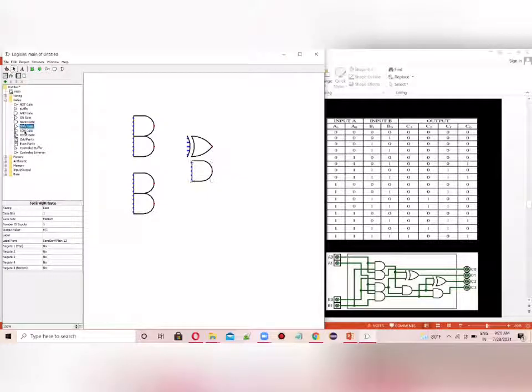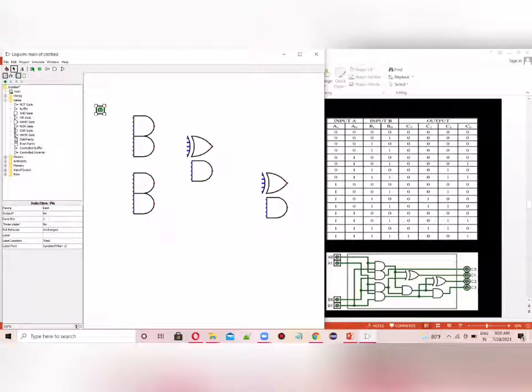So I'll take one more XOR gate. Okay, now it's done. Now let's take the inputs.